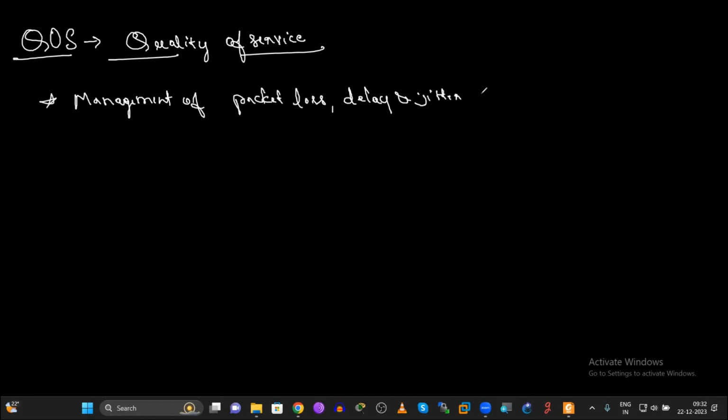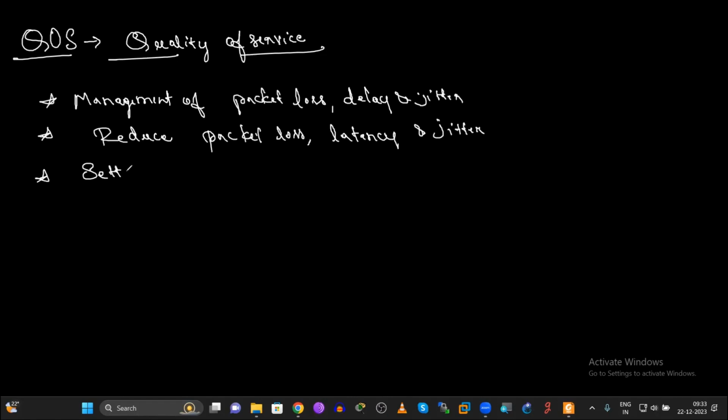First thing, what we have to do, we need to reduce the packet loss, latency, and jitter. And also we have to set the priorities for certain types of data.